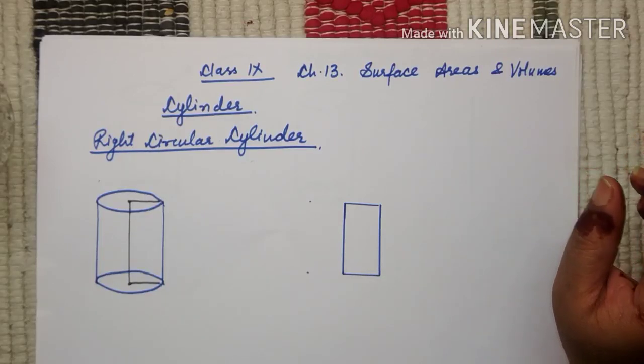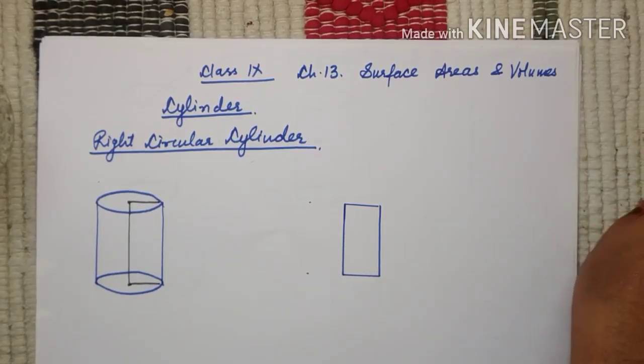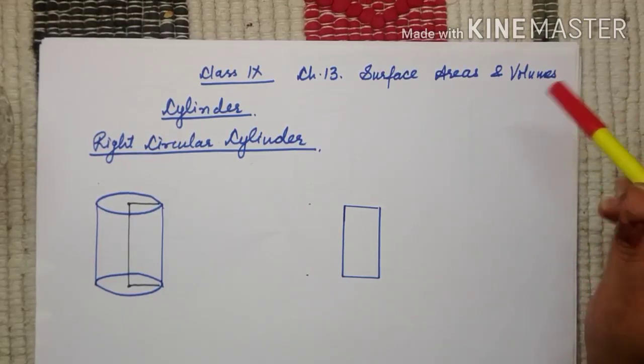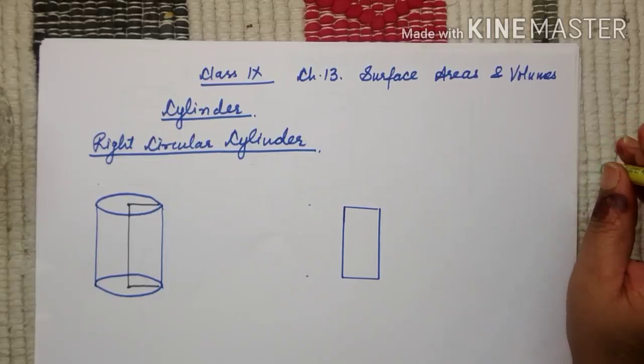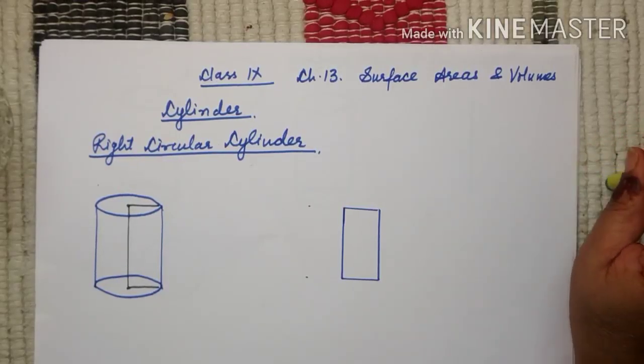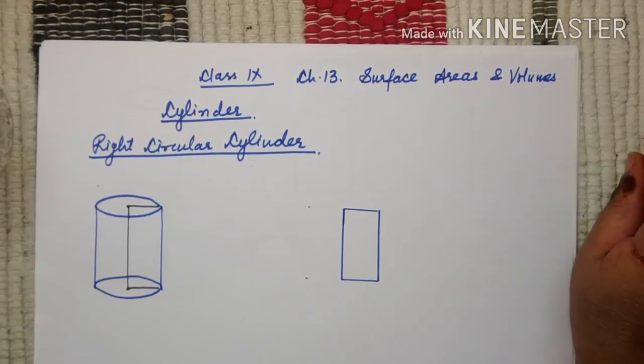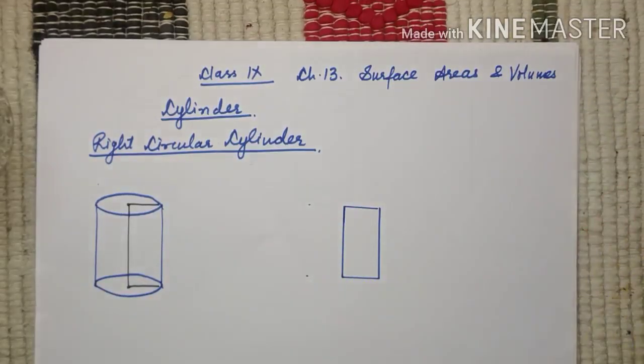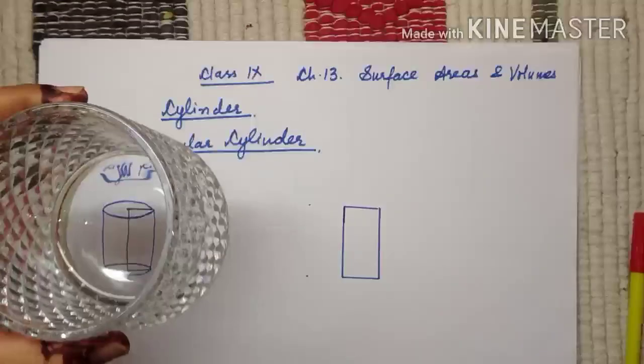We all see in our day-to-day life many cylindrical shapes around us, right? The beaker that you use in chemistry lab is cylindrical. That's a cylinder. Then the cold drink can is a cylindrical shape. Then even these pens are cylindrical shapes, right? Even this is a cylinder. This is a cylindrical shape.